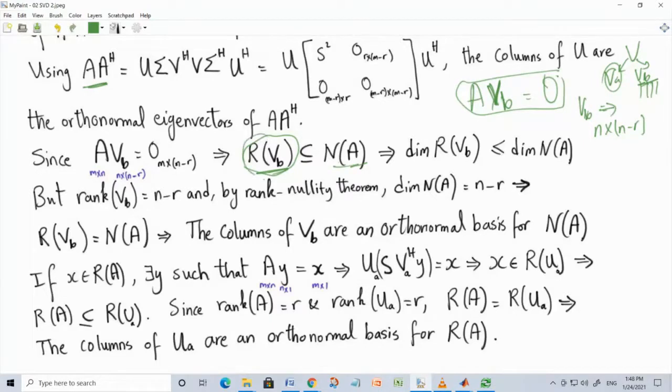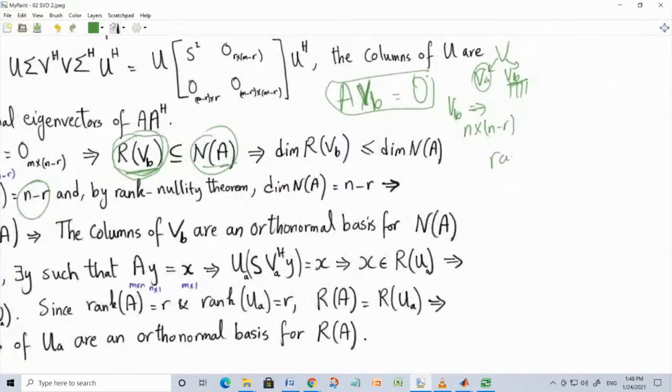So basically, the dimensionality of the range or column space of VB is equal to n minus r. Okay. What about the null space of A? What is the dimension of the null space of A? So we can use the rank nullity theorem. The rank nullity theorem tells you that